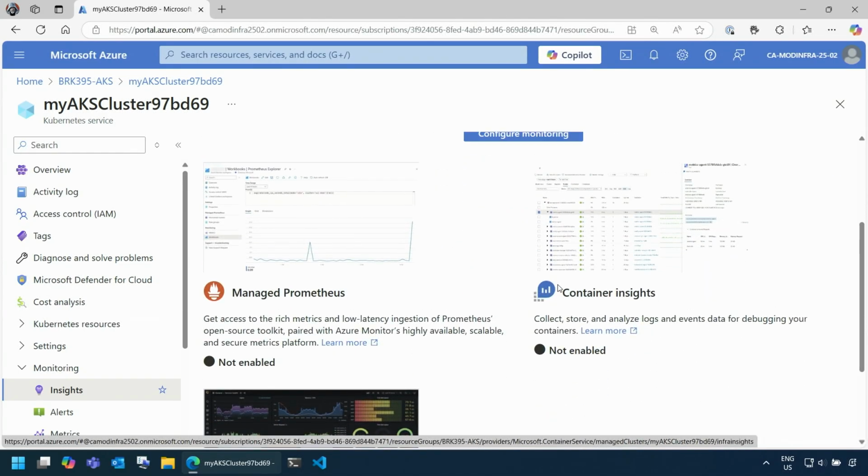So I get container insights, which is the same as what we would do with the VM insights. But I also have access to managed Prometheus and managed Grafana. Those two things together do what insights do. Prometheus collects all the logs and the metrics, configured the way you want them, what metrics you're going to collect, what logs you're going to collect. So if you've got your own application logs built into your application, you can tell it exactly how to get those logs and also how to parse them so that it can understand them. Grafana will take that data, and based on how you configure it, will visualize that data.